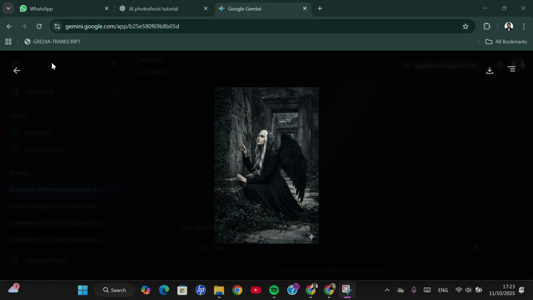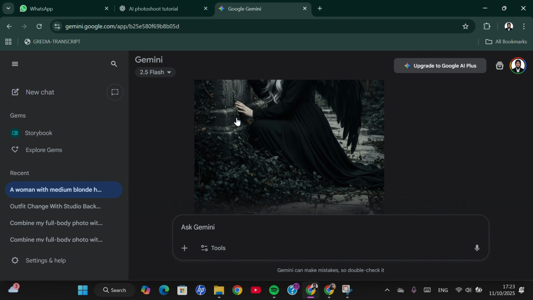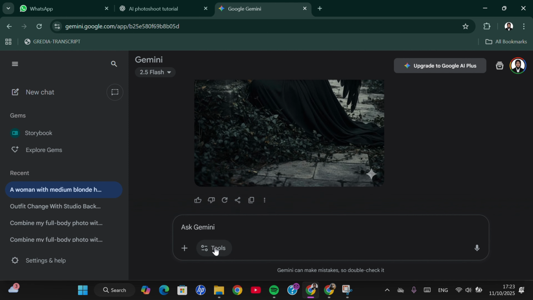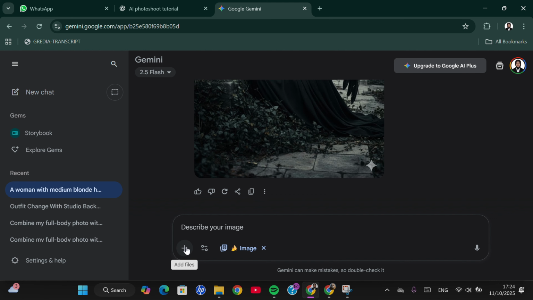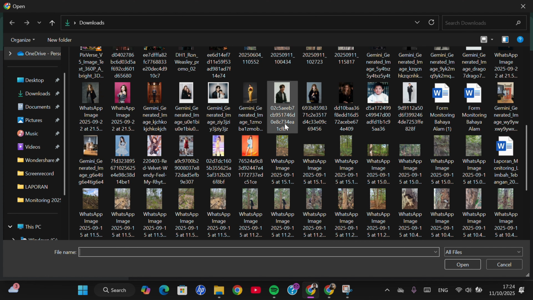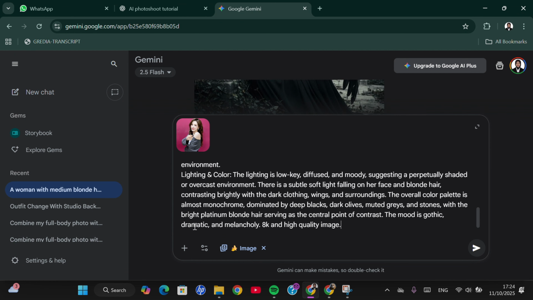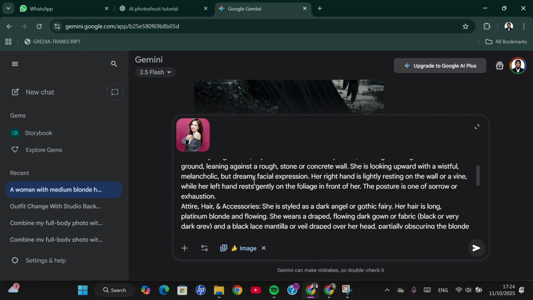First of all, you can open up gemini.google.com or you can open up the Gemini app, and then you're going to use Nano Banana feature, shown by this banana icon, and then you can upload your photo, and I'm just going to choose this photo. Click on open, and then you're going to add this prompt, and for the prompt I'll put it in